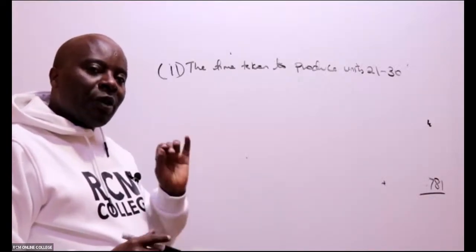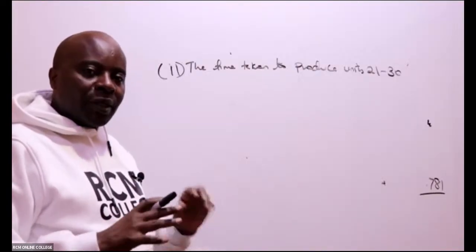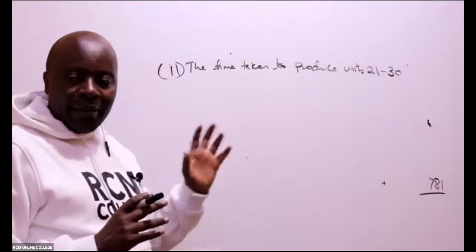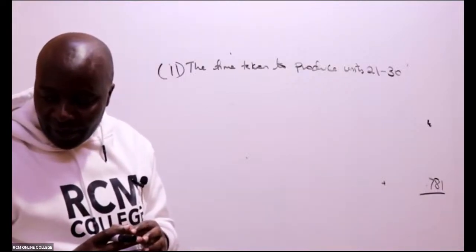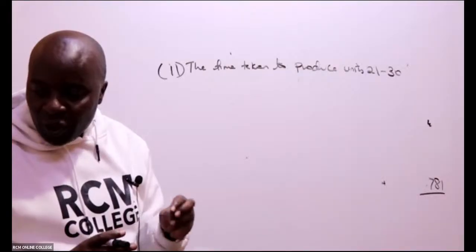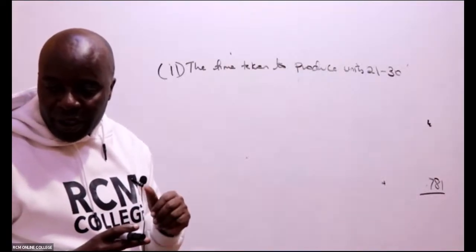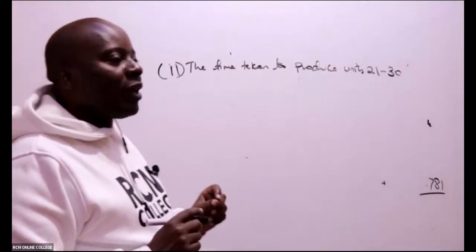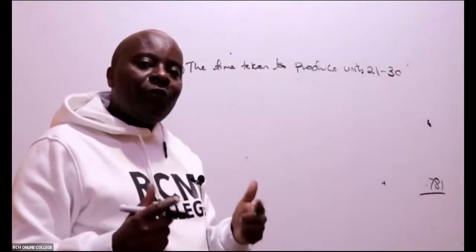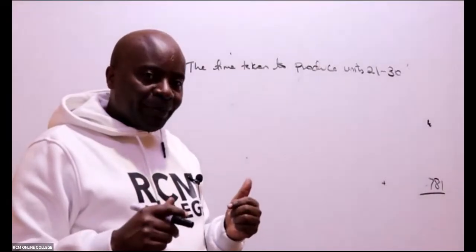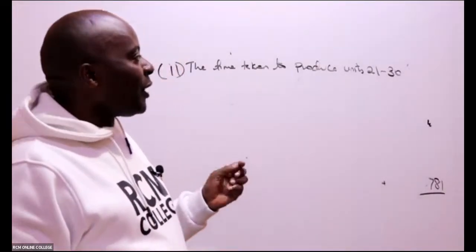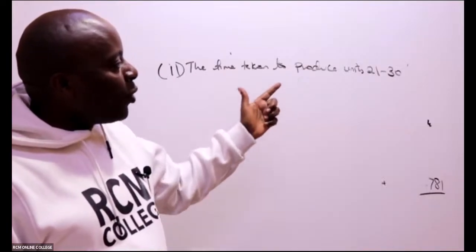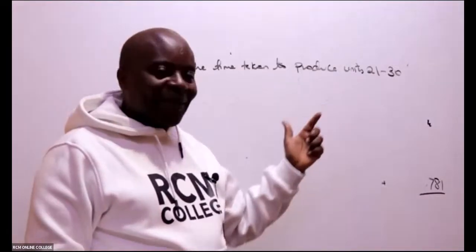And remember, my students are very aggressive. They always scratch things. They're disturbing themselves to ensure that they're able to answer these. Where do we get the first 20 units? It was in the question. Ladies and gentlemen, learning curves is always a cumulative output model. I've seen students trying to tell me, Mwalimu, X here is 9. When I ask them how they are getting 9, they tell me it's 30 minus 21. No.